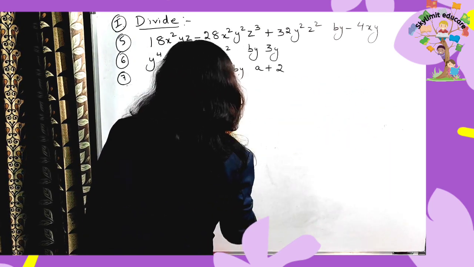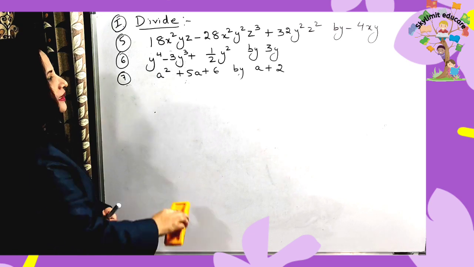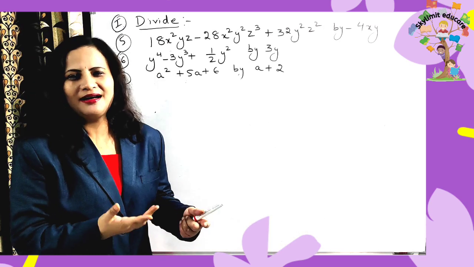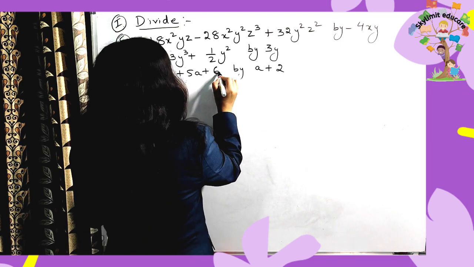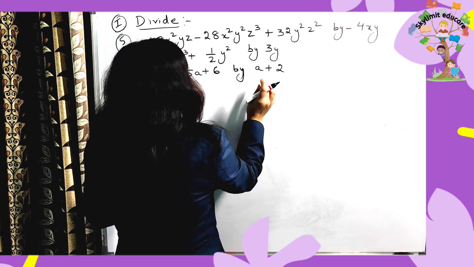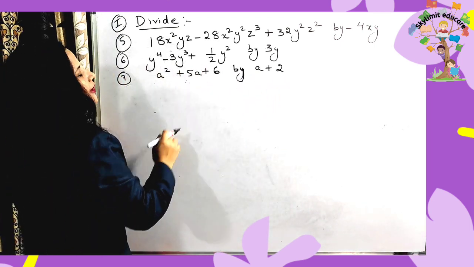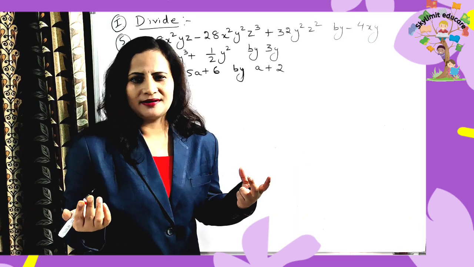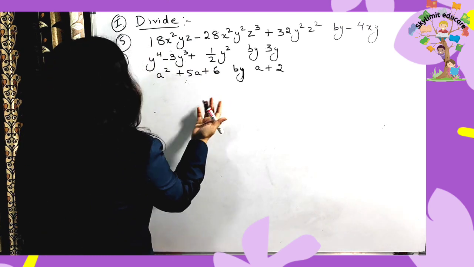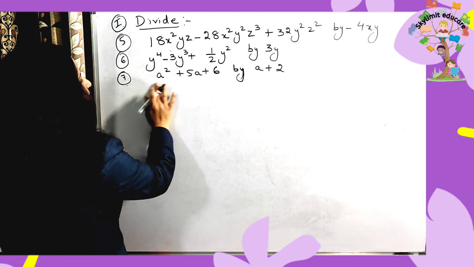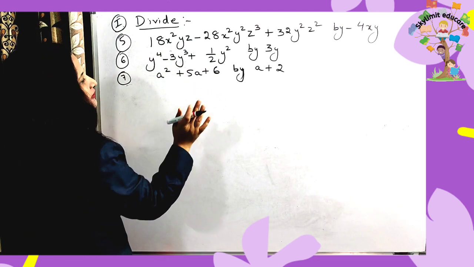Now this is another type. You can see here you have two polynomials, right? The binomial and a trinomial. You have two polynomials here. So now here you'll be using a different method of division. Okay, so let's see how I'm going to do it. Now you cannot split here in this manner. What I'm going to do, simply you have to divide as you're dividing.